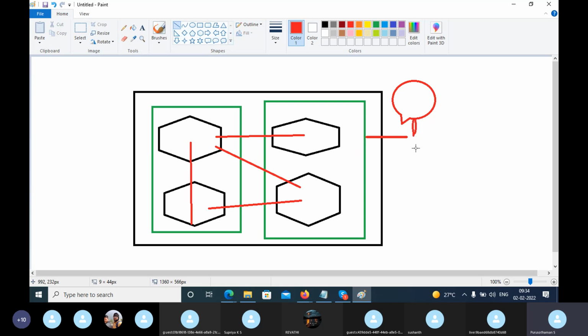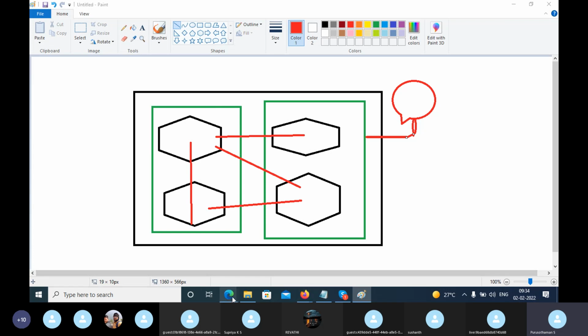Okay, once again. Sorry guys, my paint is... So likewise, this is public, this is private subnet 1 and private subnet 2. So this is private subnet 1, public subnet 1 and this is public subnet 2. Which means we are grouping the subnets to provide internet access or no internet access. If you provide the internet access, then this subnet group, public 1 and 2, will become publicly accessible, and this remains a private one.